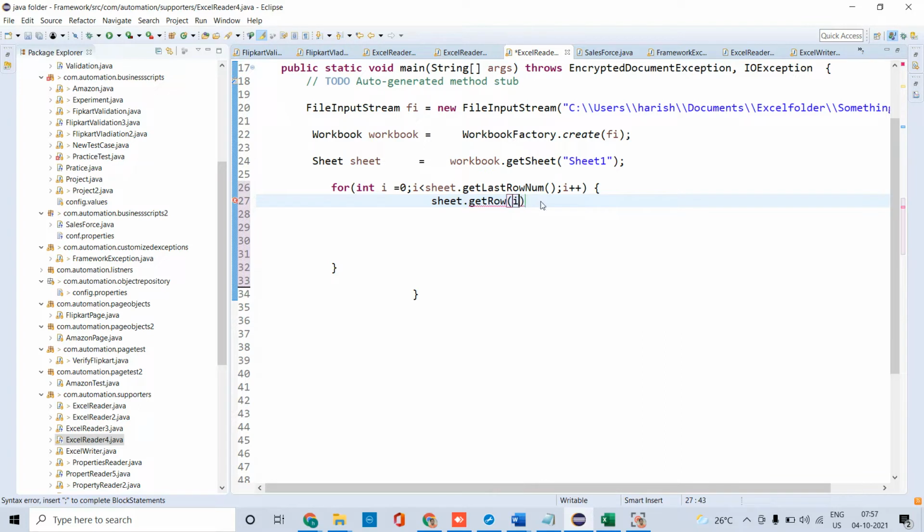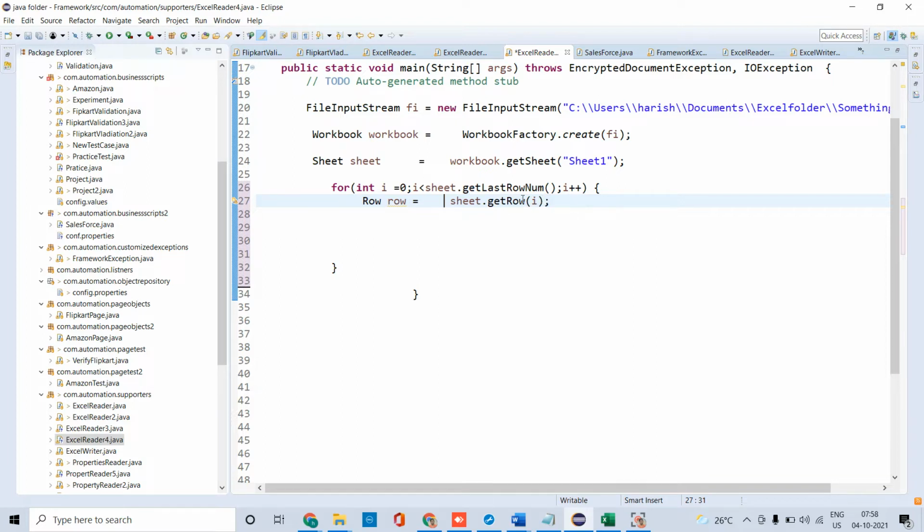I want the total row value. That's why I'm using get of i, so that I will get the row data. Here I will get all the row data because I return get of i.